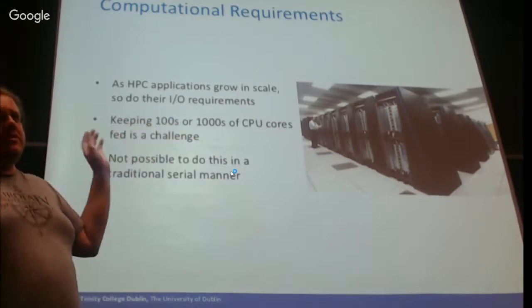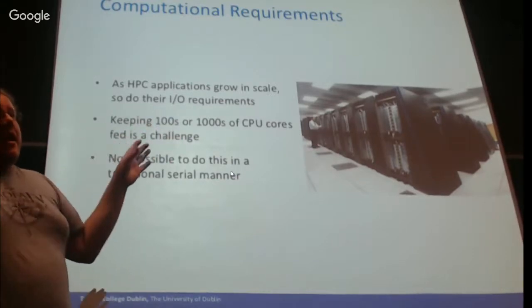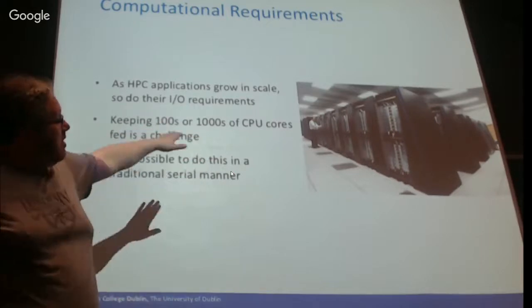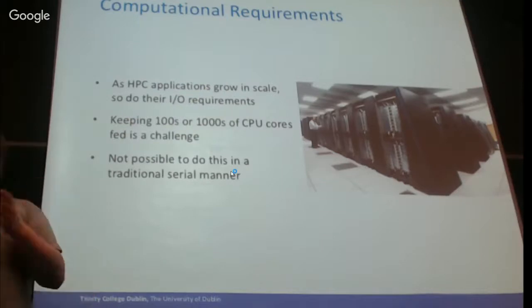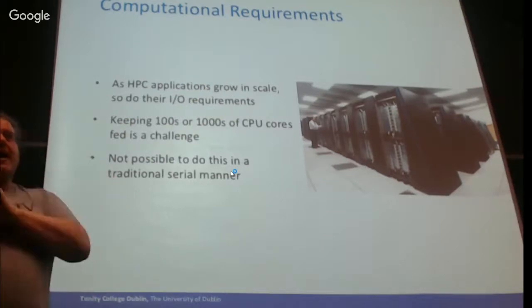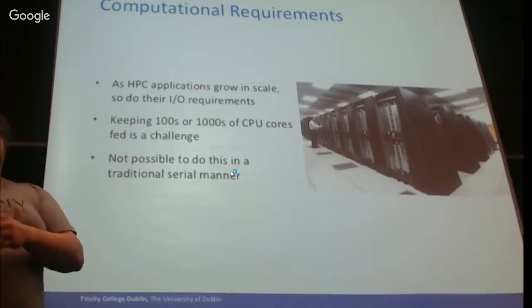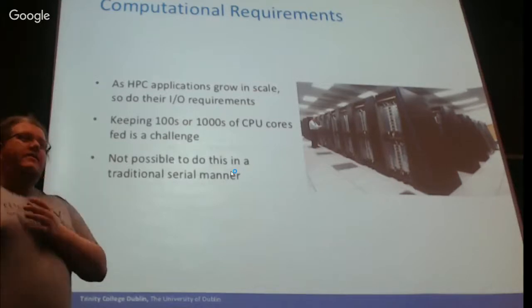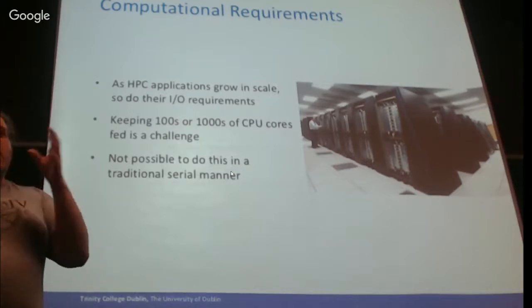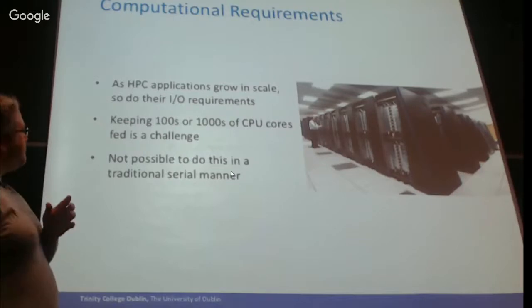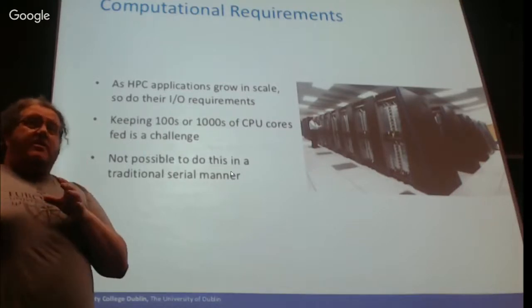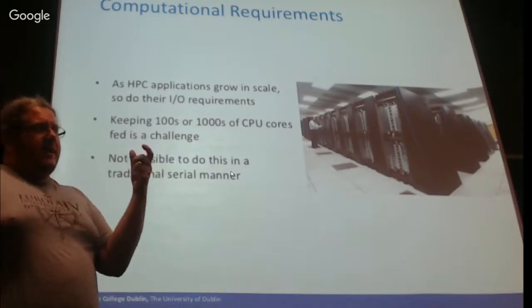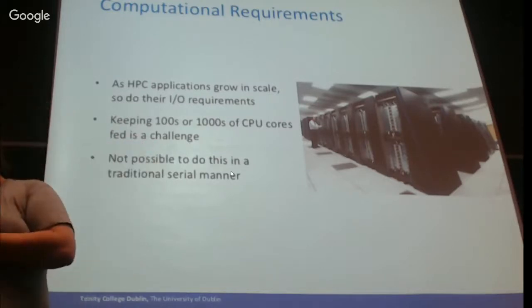But the point about it is that they came with 4,096 cores in the Blue Gene in a single rack, and then you bought 20 in that row, and 20 and 20, so you've got 60 or 80 or 100 racks of 4,000 cores all running MPI jobs. You're running tens to hundreds of thousands of MPI tasks, all trying to do one calculation together. And keeping those fed with data is kind of hard,